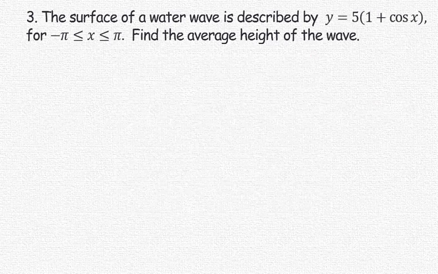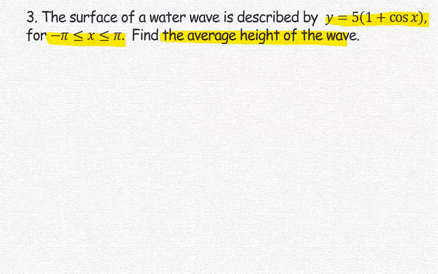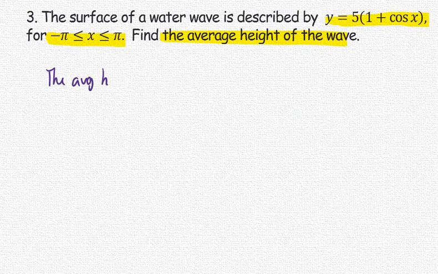In the next example, the surface of the water wave is described by the function y equals 5 times 1 plus cosine x for x between negative pi and pi. Find the average height of the wave. The key term is the average height, and the height is represented by the y function. So the average height of the wave